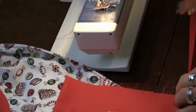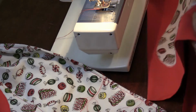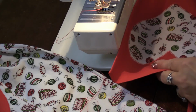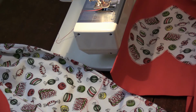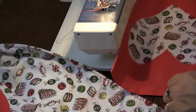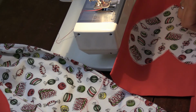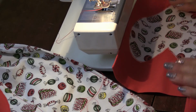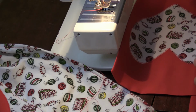Okay, I'm finger pressing in a bit on the sides, and then I'm going to line up my side seam here with my strap seam here. I want those pretty much aligned. Okay, that's perfectly aligned right there along that edge. And then if I fold this under all the way back,